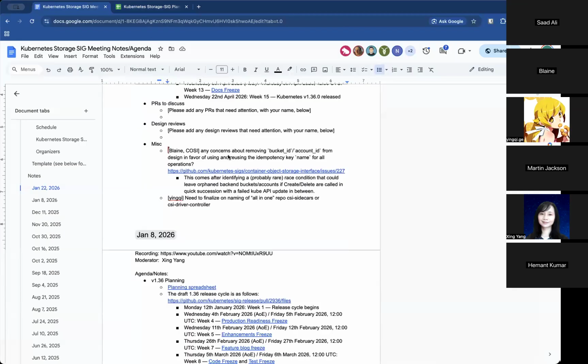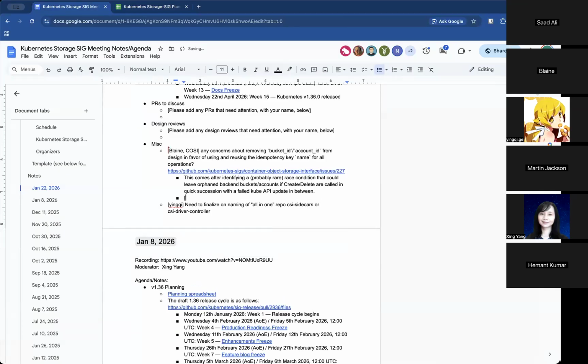In the past week, I identified a race condition that we have in Cozy that could be pretty rare, but it could leave orphans around. And I think some of this is coming up because there is a little bit of difference between what the CSI protocol definitions are versus what Cozy is.